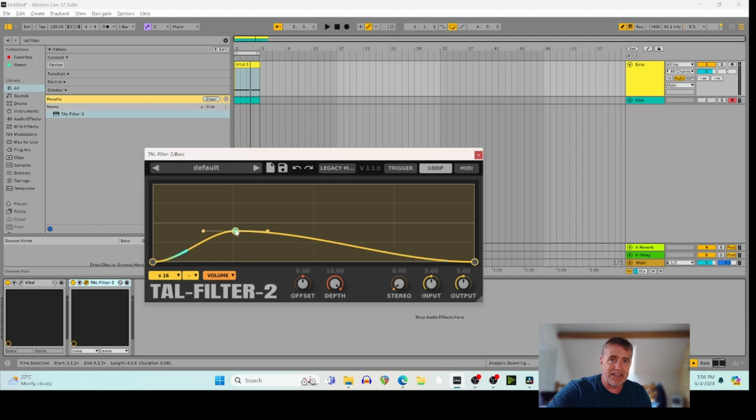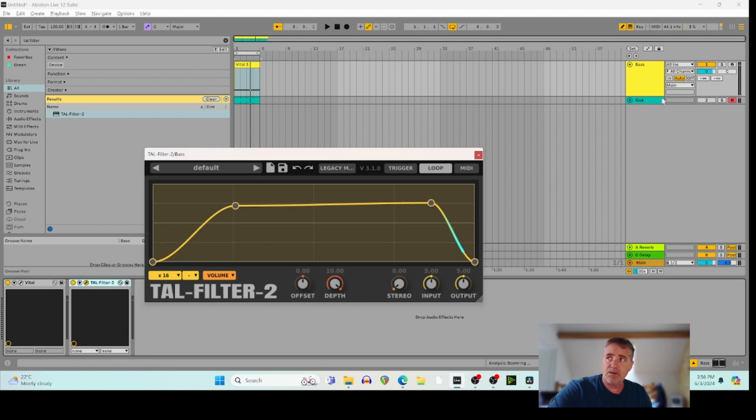So if we click in here, we can drag it up to that point, and if we click another one here, we can bring it in to that point. So what this will do is, obviously we need to get the sound, so what we're doing is this sound is now coming in almost slowly, and we'll make it more pronounced. And that is a typical kind of sidechaining bass sound, and you can't hear the kick because this is just a filter. And if we turn on the kick,